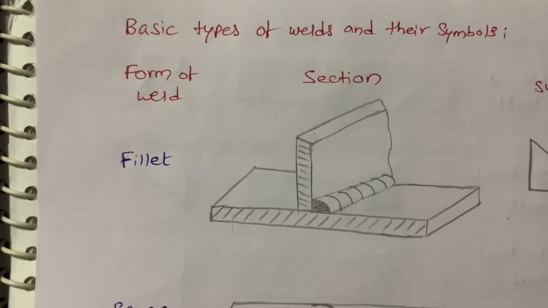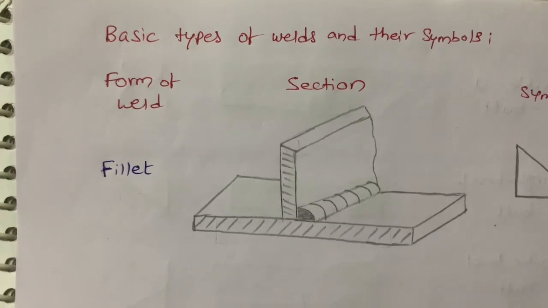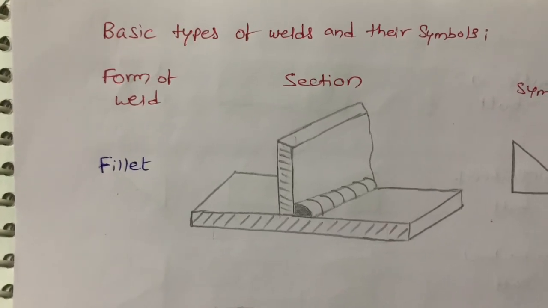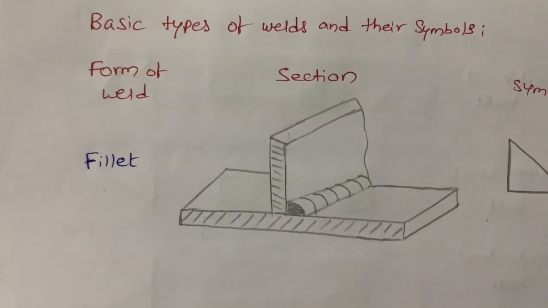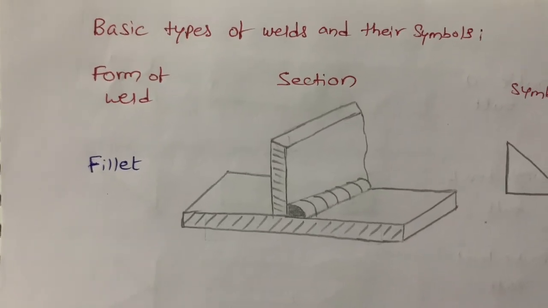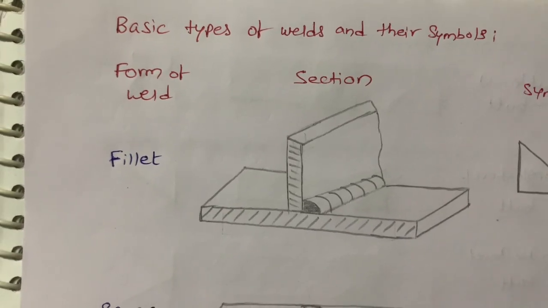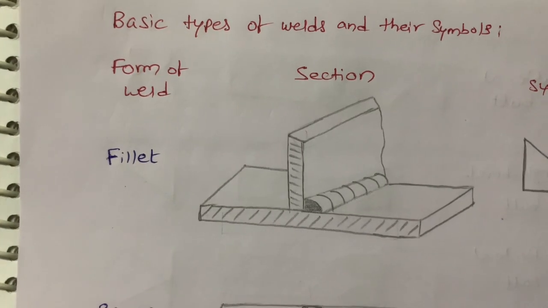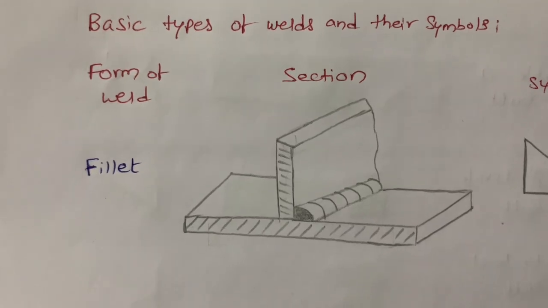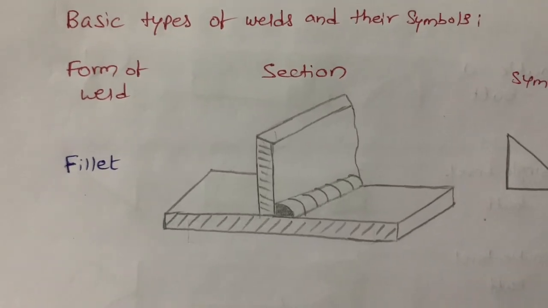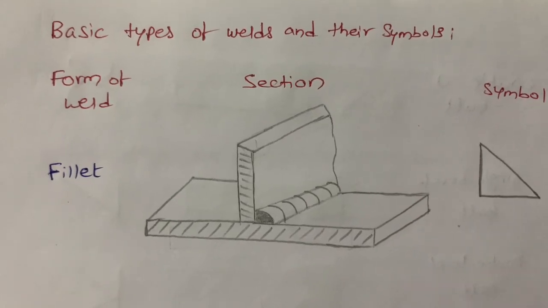In welding, there is no need for extra plates to connect, which leads to a reduction in the weight of the structure. So welded joints are more economical as less material is required. The efficiency of the welded joint is more than that of bolted joints. Like that, there are so many advantages, and fabrication is also faster when compared to riveted and bolted joints. Here I will show you some basic types of welds and their symbols, which we are going to use to solve problems in the next video.